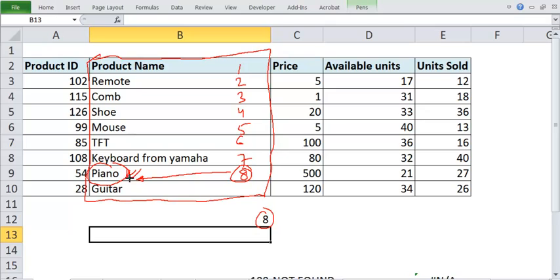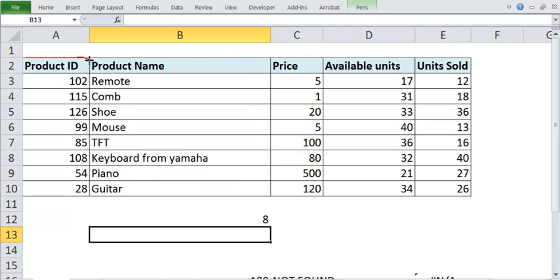Right? Once this number 8 is there, what I can do is select this table and say that in this table give me the value of the 8th number row. See how it will come: 1, 2, 3, 4, 5, 6, 7, 8. So the 8th number row value will be given.